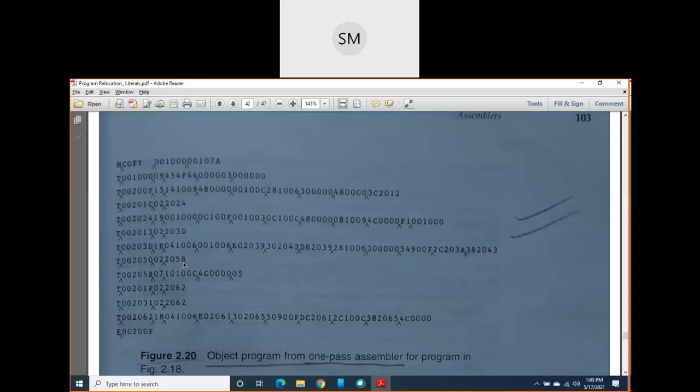In line number 175, you have definition of exit. That definition of exit and its address is 205B. Then its length is 002, and where I have used exit, line number 106.